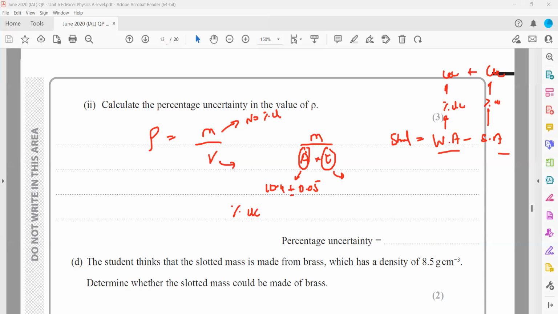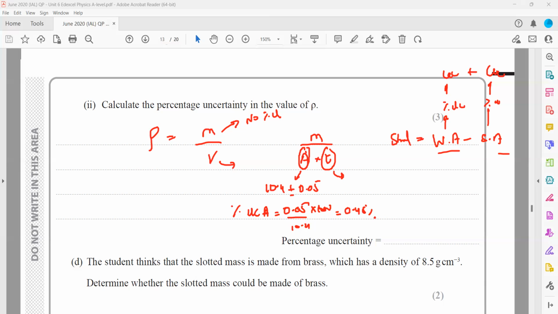So what is the percentage uncertainty in the shaded area? That is 0.05 divided by 10.4, multiplied by 100. So this will be 0.48 percentage uncertainty. What about the